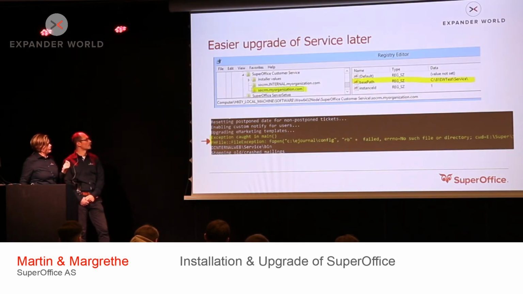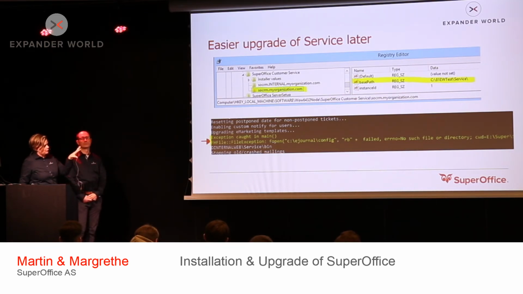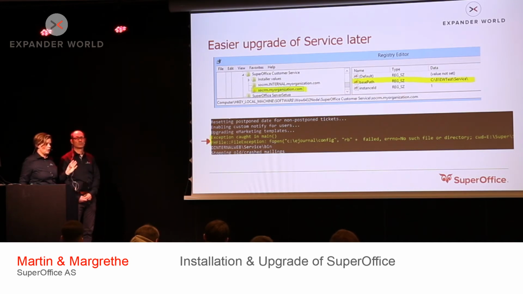Now, if you install using the reverse proxy, you will, when you install service, use the internal URLs to install it the first time. Then we recommend that you add a separate key with the external hostname, pointing to the same base path as the internal one. But then when you later upgrade service, it knows where to find where you have installed all the service program